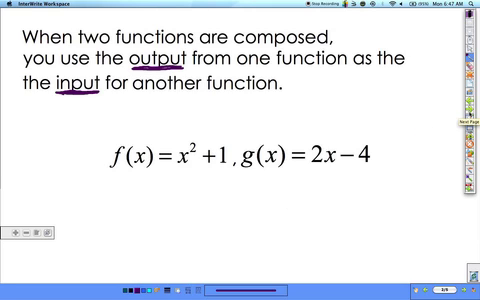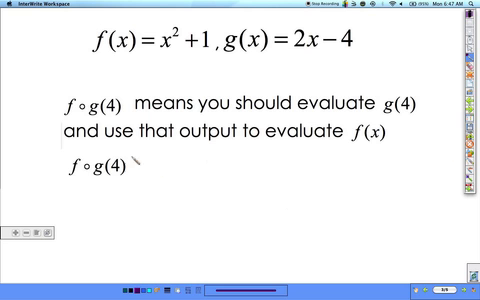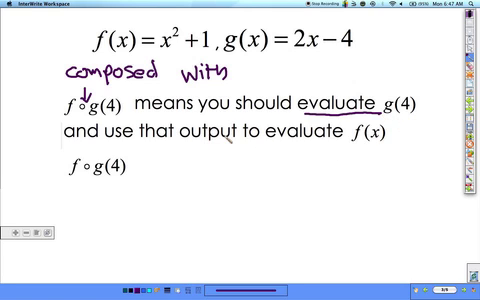And I think the easiest way to understand it is to actually go ahead and evaluate each function separately. So what we're going to do is, well, this notation means f composed with g of 4, and you should write this down. What it means is that first you're going to evaluate g of 4 and then use that output from g of 4 to put into f of x. So to evaluate f of g of 4, we're going to first find g of 4, which is, of course,